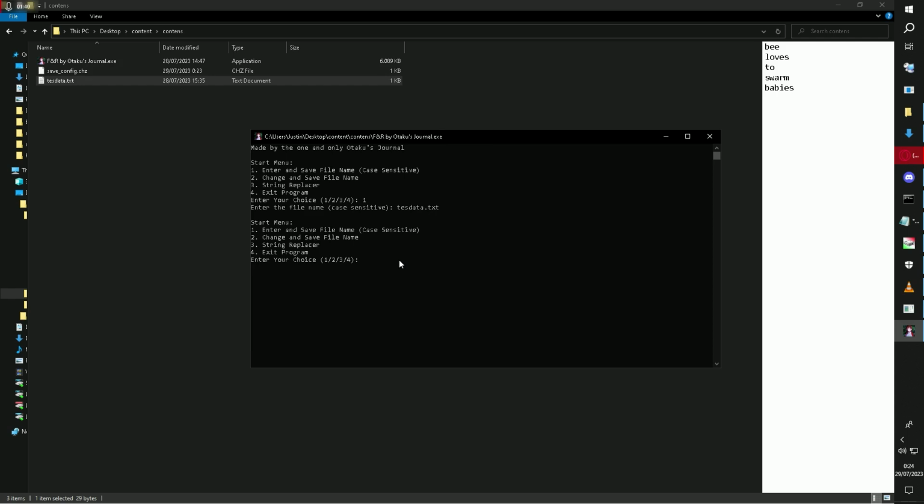So next step is just use the third option, which is string replacer. So here we get 5 lines, right? The 5 lines we want to replace with another variables. So we're gonna replace 3 of them, which is loves, 2, and swarm. Okay, then we need to use the replace string, which is